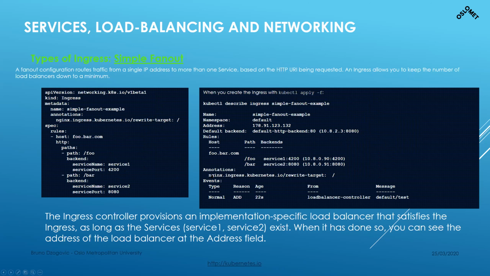So in this case, you will get the Nginx ingress fan out, just like it shows on this site, where service 1 is exposed on port 4200 on this IP and service 2 on this IP. This is how you load balance, and the traffic coming from the main IP address is going to be round robin through these two addresses. You can use a different algorithm from one of those from before if that works for your application.